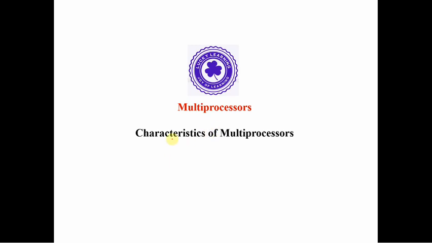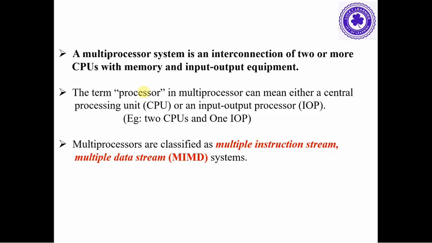Here in this video, I am going to discuss what are the characteristics of a multiprocessor system. First, we will understand what is multiprocessor. A multiprocessor system is an interconnection of two or more processors, or we can call two or more CPUs with